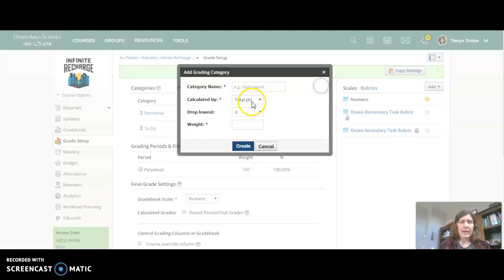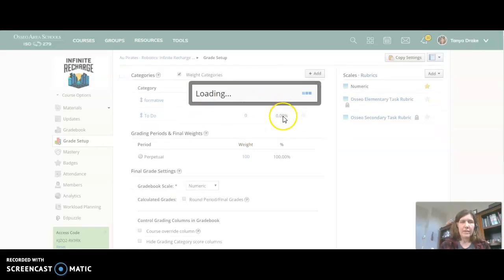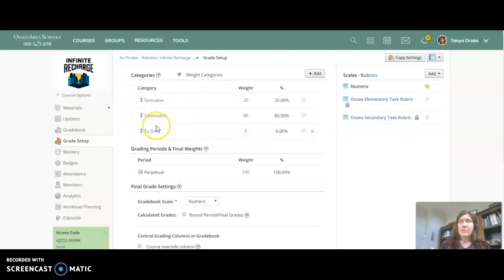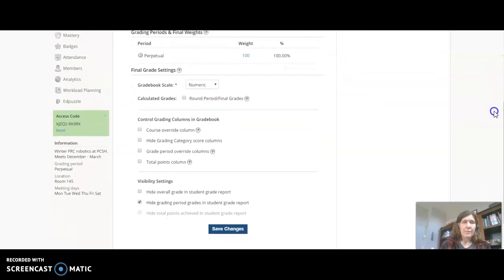Then I'm going to add in summative, and I'm going to weight that at 80%. So now you can see I have three categories. I have a summative 80%, a formative 20%, and a to-do list that is 0% of things that I just want them to do. I want formative to be the one that is default if I go to set up a new assignment, so I'm going to click on this little star. Now I have an 80-20 set up just like I do in Synergy, and I'm going to go down,